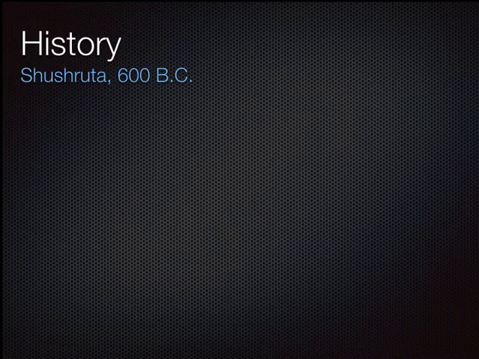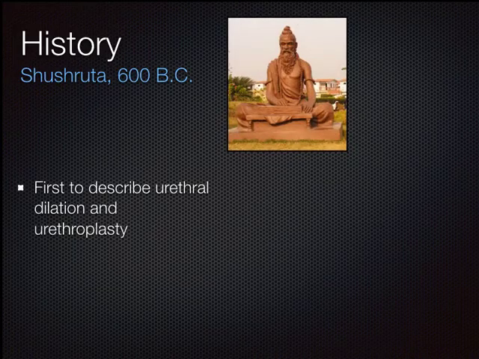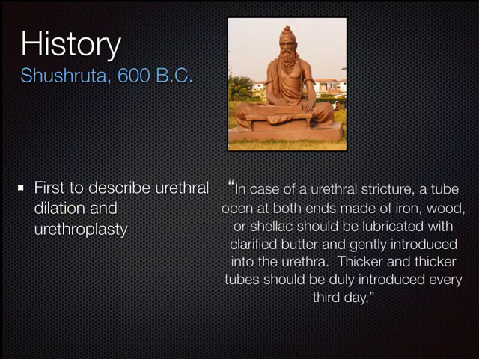So the history of urethral stricture disease is quite far-reaching, back to 600 BC, where Sushruta, who was an ancient physician from India, went on to describe many procedures, including those for hydrocelectomy, some prostate surgeries, as well as bladder stones. He was also the first to describe the management of stricture disease, and he said, in a case of a urethral stricture, a tube open at both ends, made of, in this case, iron, wood, or shellac, should be lubricated with clarified butter and gently introduced into the urethra, and then thicker and thicker tubes should be duly introduced